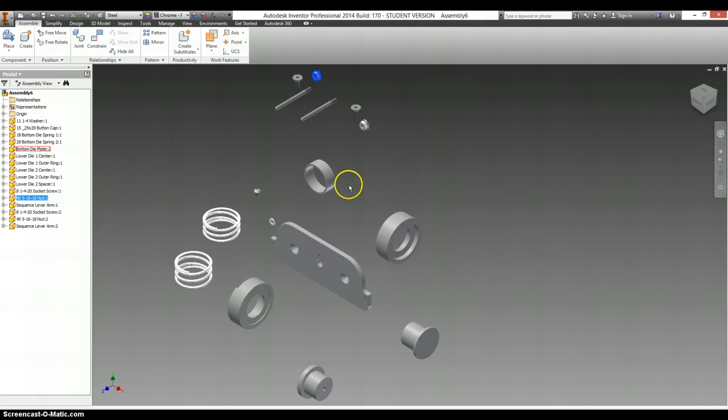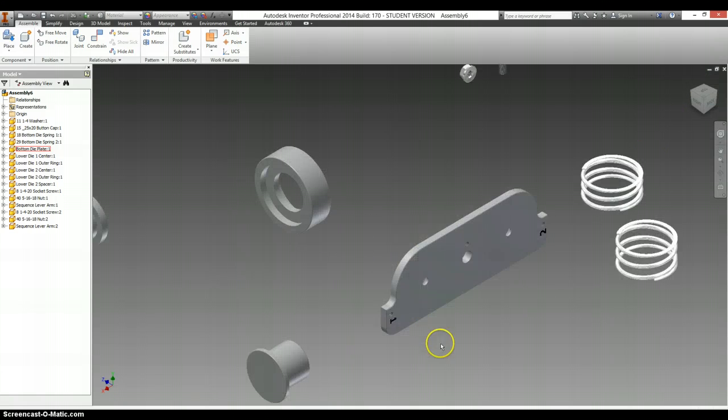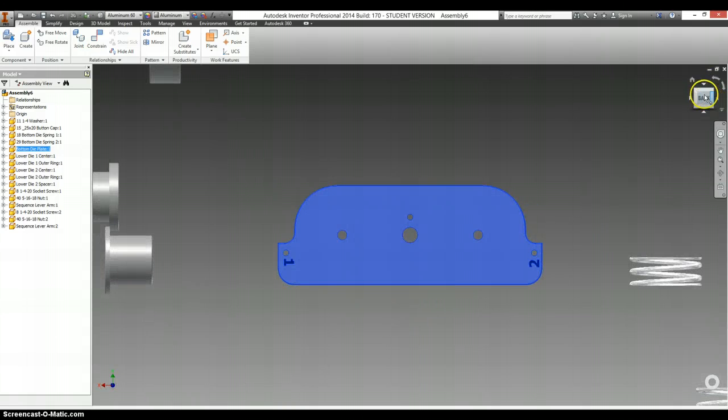Alright, so we're going to be using insert constraints for most of this. So we need to figure out what is the top and what is the bottom of this piece. And we know that the ones with the numbers on them, this is actually the top. So I'm going to look directly at that, right click on this face, set current view as top,